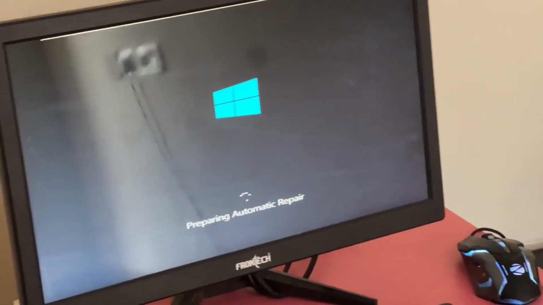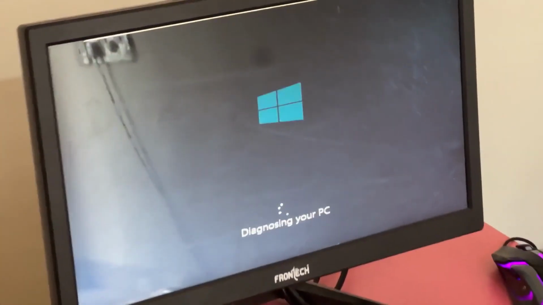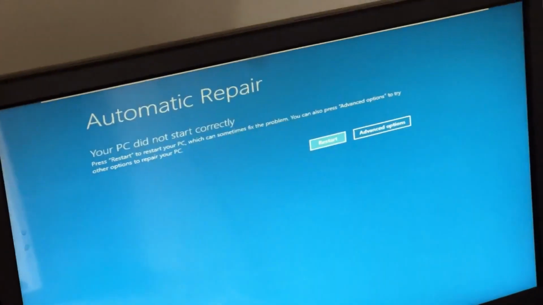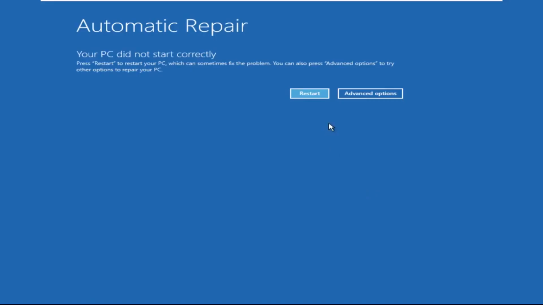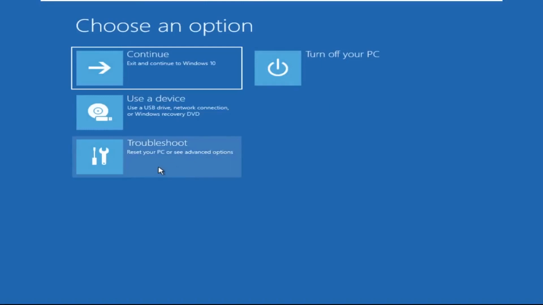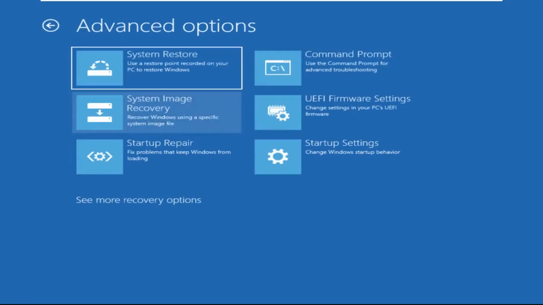Don't let the blue screen of death get you down. I will show you how to fix this problem step by step. So let's begin. Click on Advanced Options, then select Troubleshoot, then select Advanced Options and then click